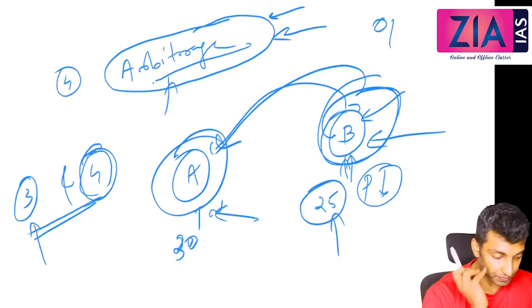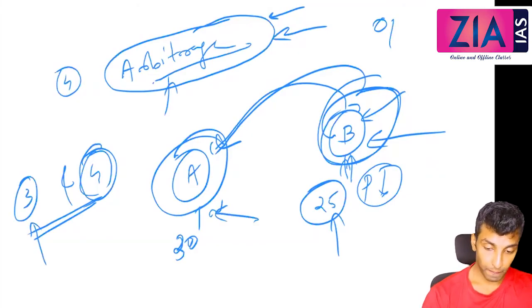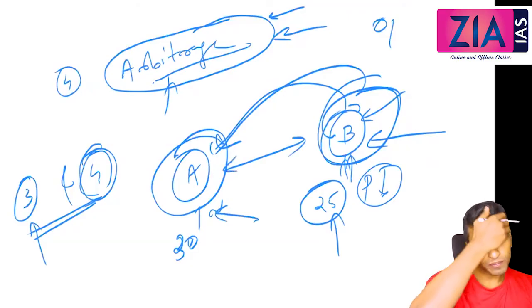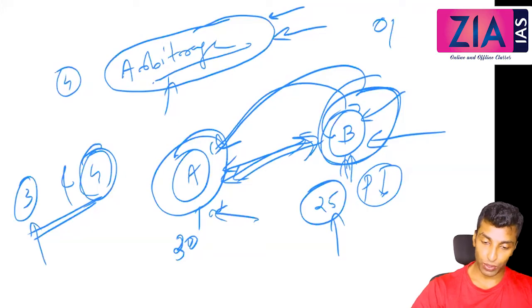Okay. So now, is arbitrage desirable? Arbitrage is desirable. It is also desirable because the price difference will ultimately come down, right? It will come down automatically. With time, this difference will come down. So both will be equal with time. So arbitrage is also considered desirable.